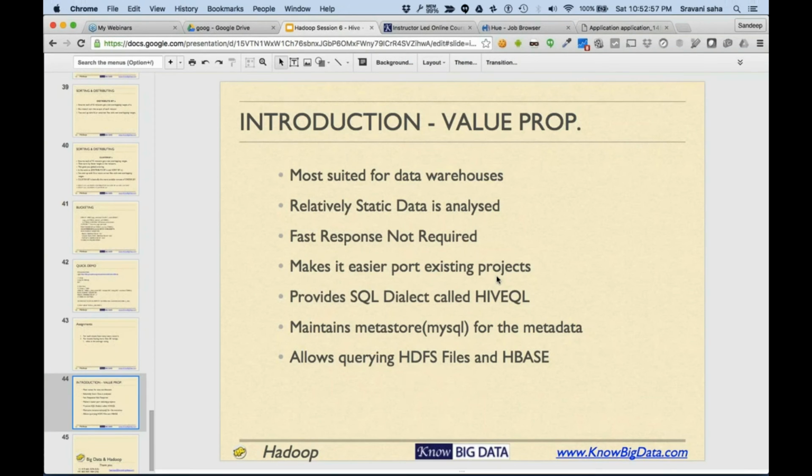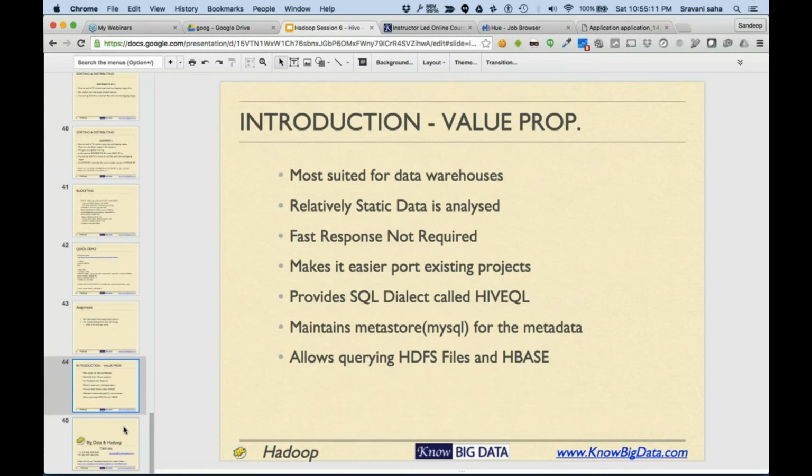But the great thing about Hive is that it can churn terabytes or petabytes of data on your Hadoop cluster without any problems, which is something you can't dream of with a regular database, because the disk reads become really, really painful in the usual scenarios. Okay, so that was pretty much about Hive.